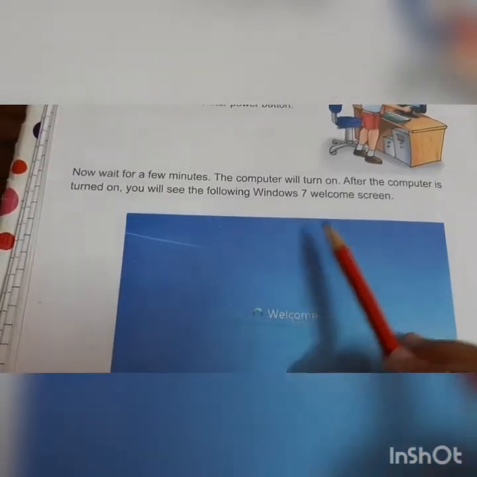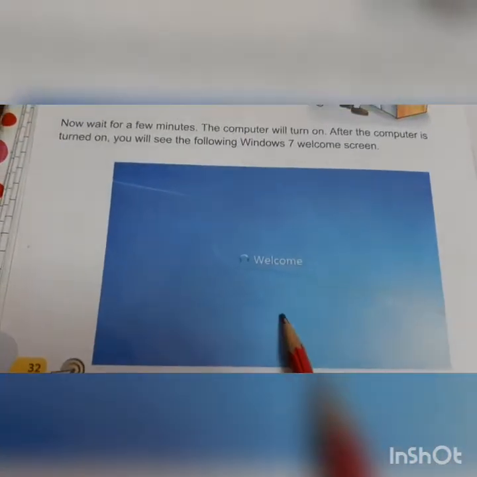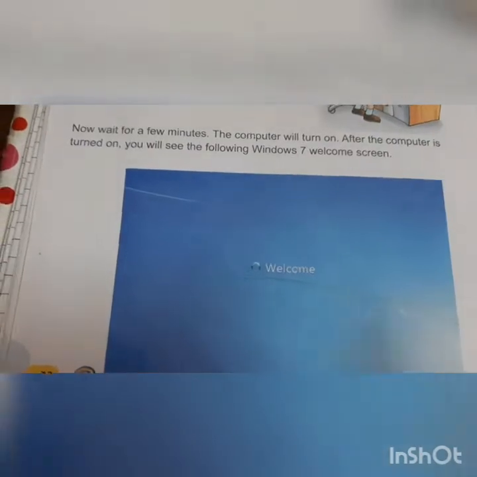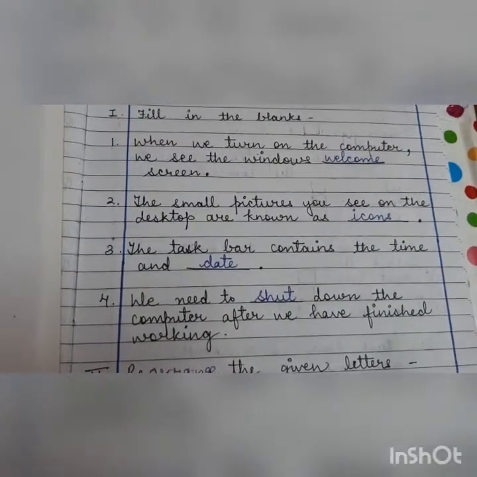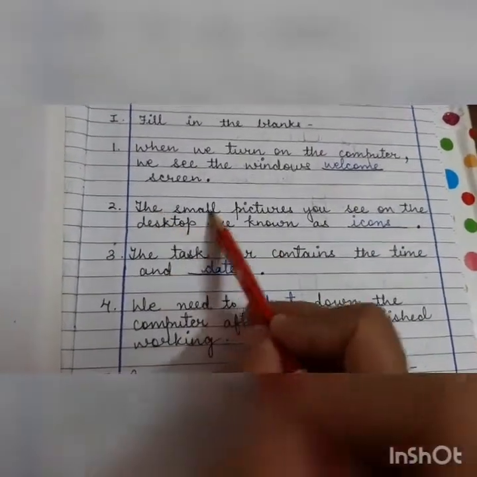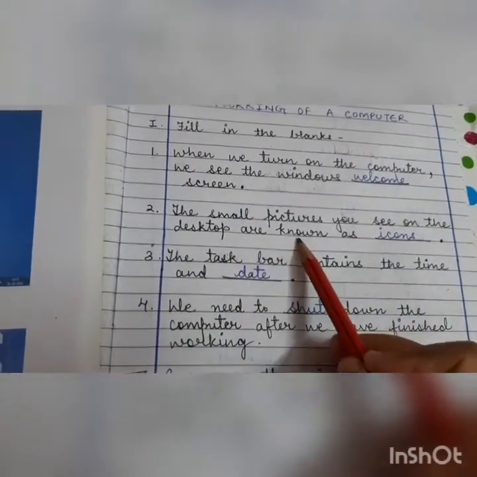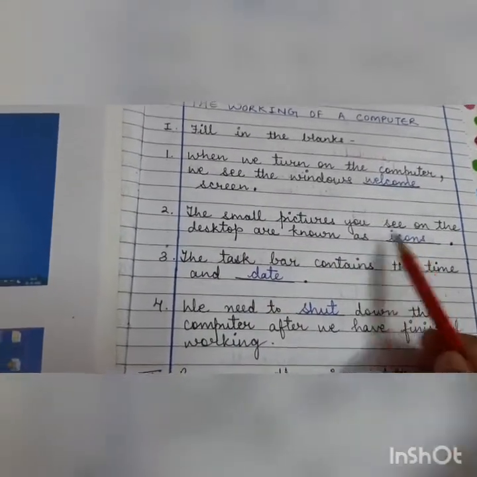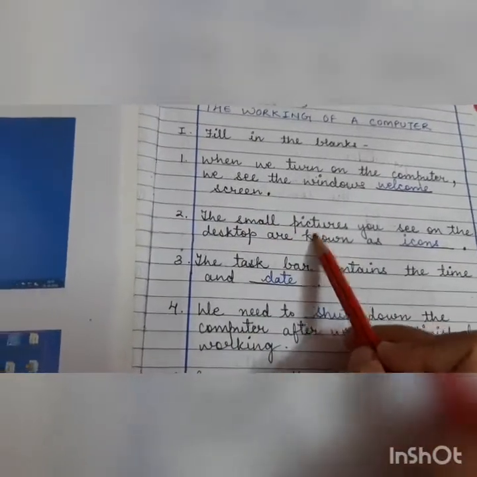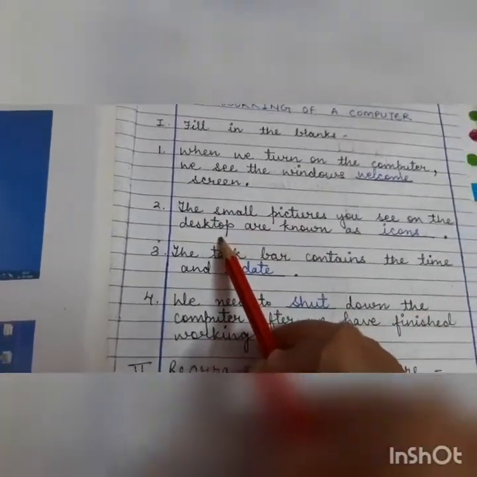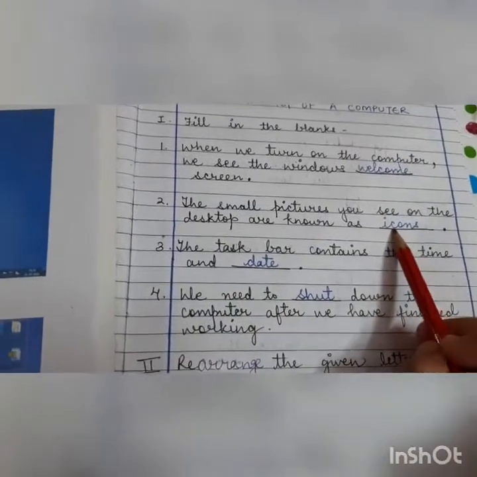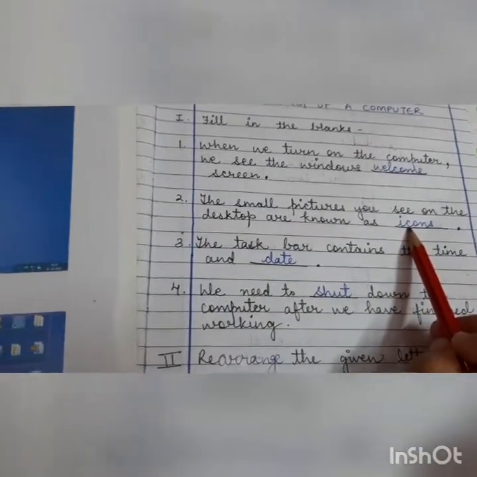So when you turn on the computer, you see this welcome screen. Number 2, the small pictures you see on the desktop are known as icons. The small pictures which you see on the desktop, they are called icons. So you will write here icons.